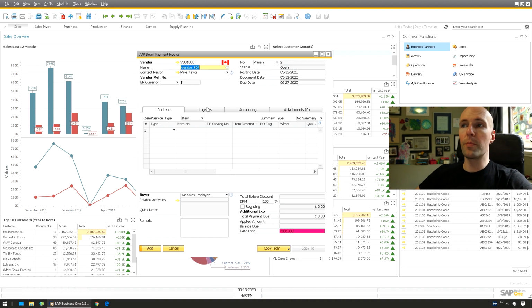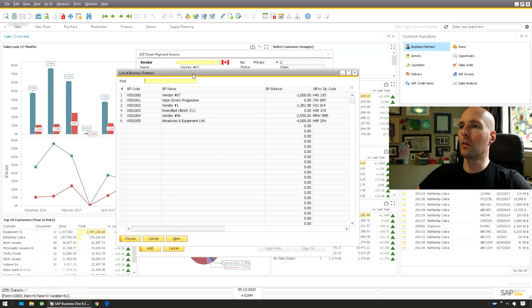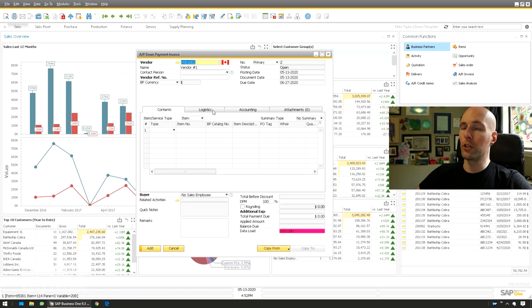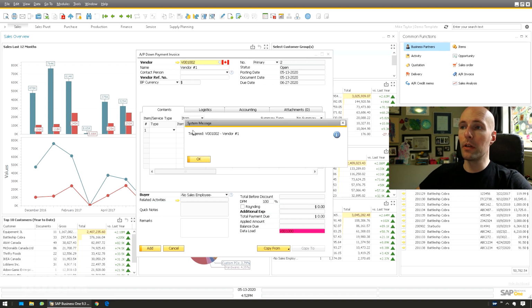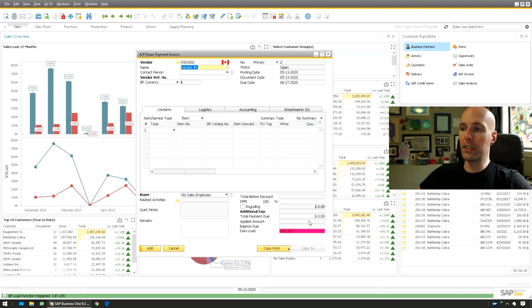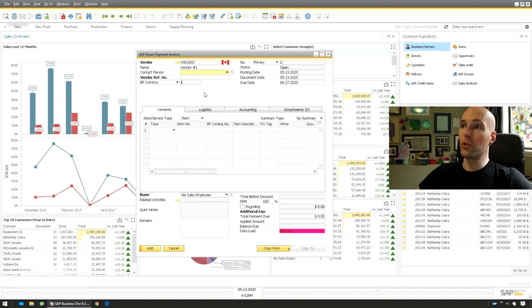So maybe the user made a mistake and they need to switch it. Switch it to vendor 1, tab. You see it runs the functions, sets the field down here in data load to be equal to the BP code. And when you tab out again, it just ignores it. So the nice thing is it'll keep running those functions. And if you want to change that, say on a flexible document like a sales order or PO or whatever, it'll keep running those functions again. So it's really clean and easy that way.